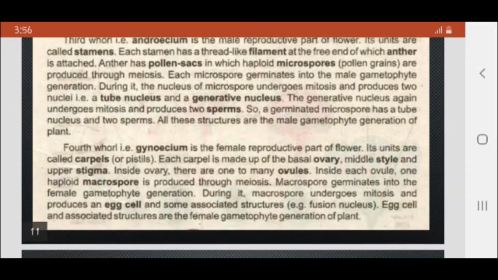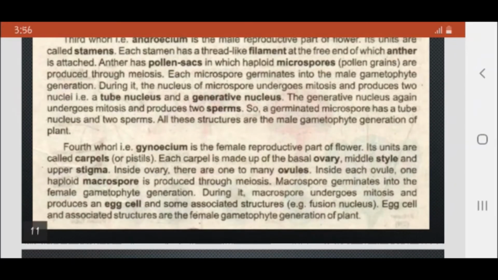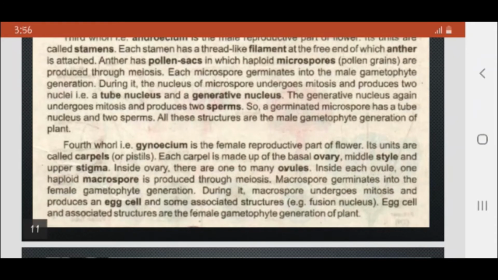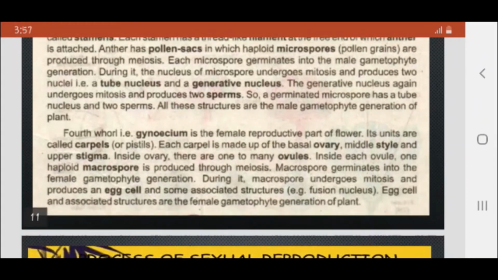The fourth whorl is the gynoecium, the female reproductive part of the flower. Its units are called carpels or pistils. Each carpel is made up of a basal ovary, a middle style, and an upper stigma. Inside the ovary, there are one to many ovules. Inside each ovule, one